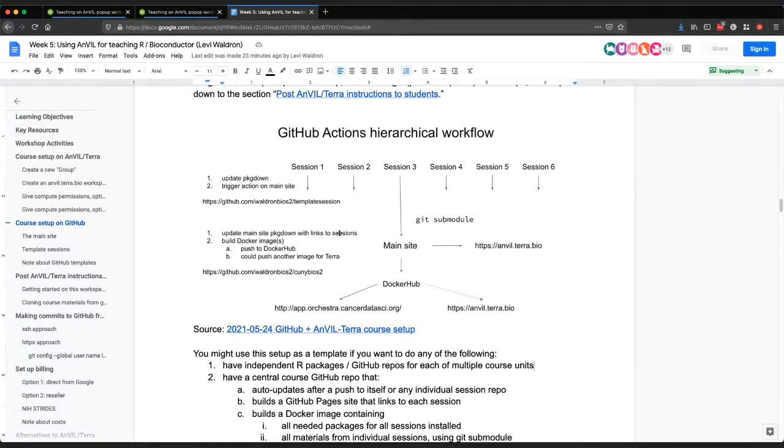So if I've created a new session or made a new vignette available on that site, it will update the table of contents on the main site, and then it will also rebuild the Docker images. These Docker images contain the Git submodules, and so the Docker images contain all of the package dependencies from each of the submodules, because